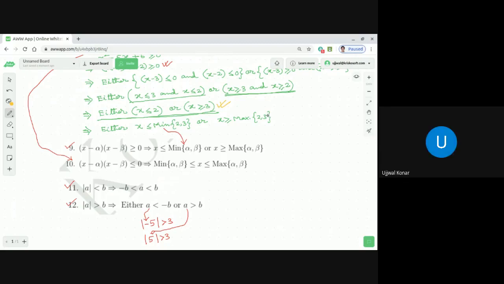Why did I write this thing? Just to show you so that you can make a one-to-one correspondence with the property that I am going to write, that I wrote actually. Definitely you should not write x is less than or equal to minimum of 2 and 3. Definitely you should write x is less than or equal to 2. Got it? Clear? That was your question or anything else? No, sir, that I understand. Okay.